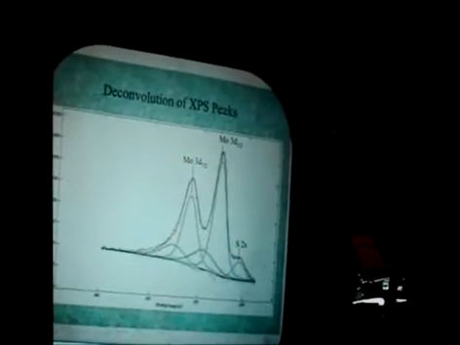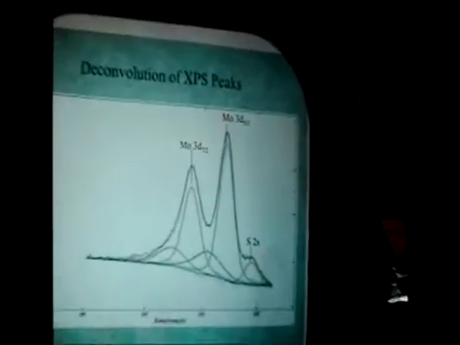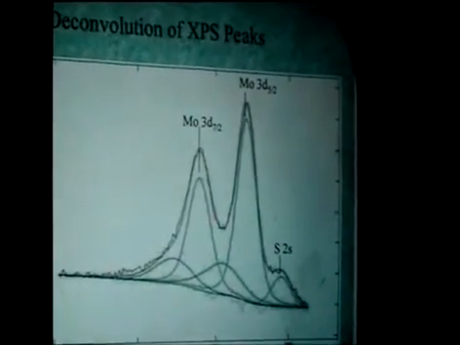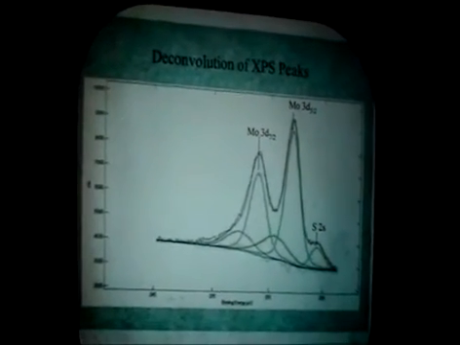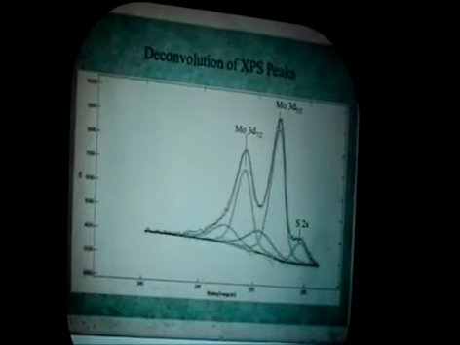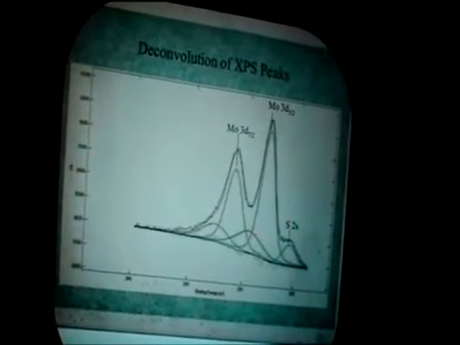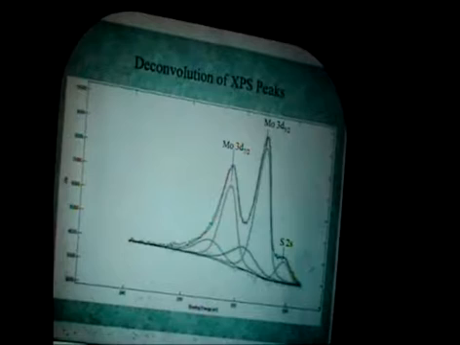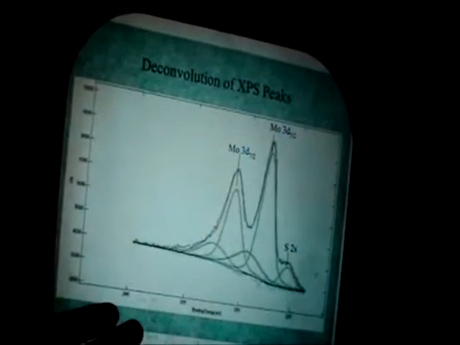What we do with the XPS data is we do our deconvolution of the Mo region. In the Mo region we have sulfur 2s, which we throw out. It overlaps a little bit. Then we use symmetric peaks and fix the offset and area ratios, etc., to deconvolute these peaks and try to sort out what species are there and in what proportions.